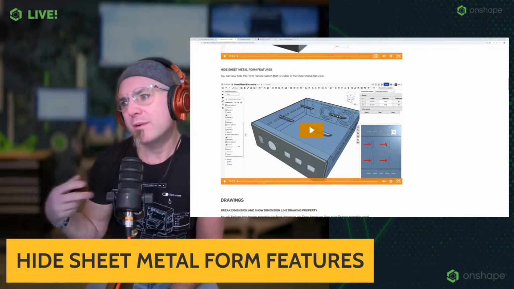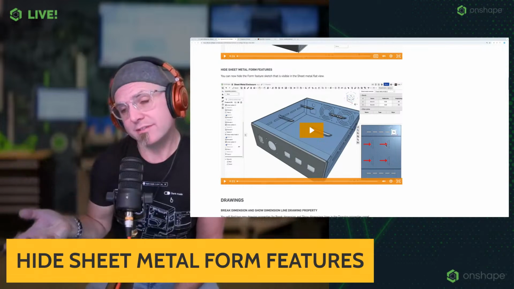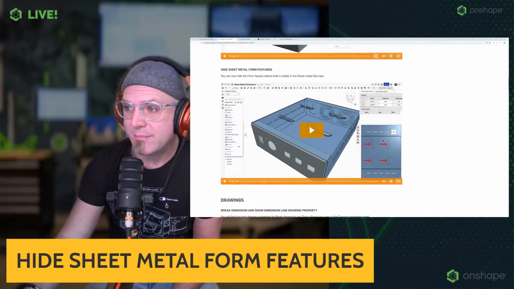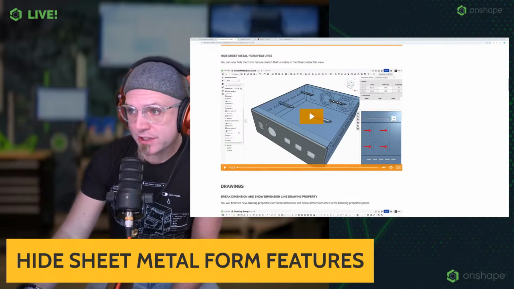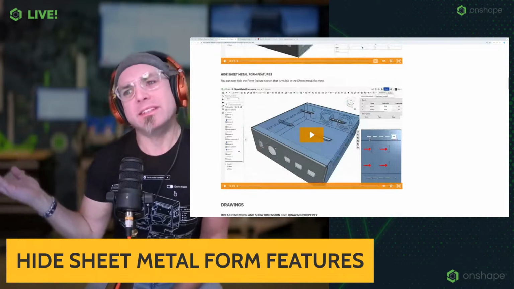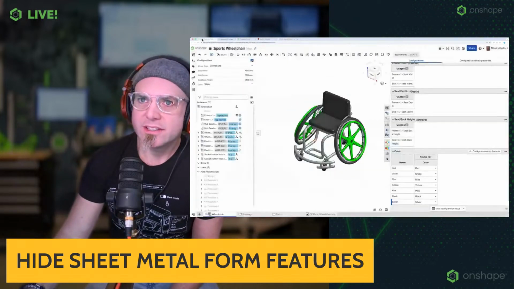And of course, every one of these form tools has a sketch that drives it, which is obviously very helpful for the flat pattern. When you're creating the DXF output for your flat pattern to go out to the shop for the bending and cutting, you want to show where the center of that form tool is. There may be times where you want to hide that for whatever reason. So let's just